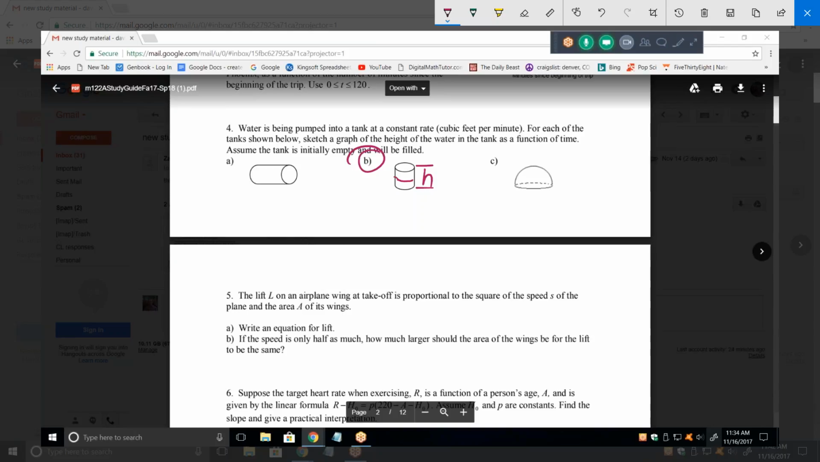God, I've got to just think about this for a second. The volume of the water is pi r squared times h. So every minute,